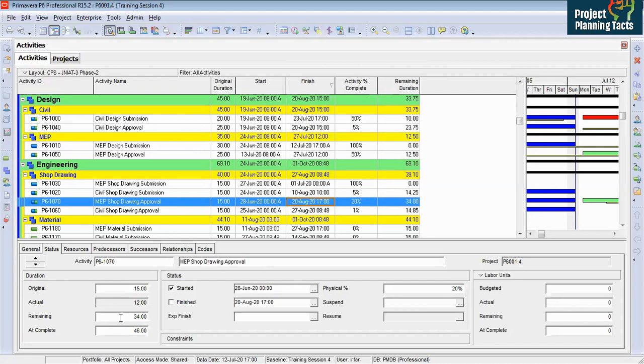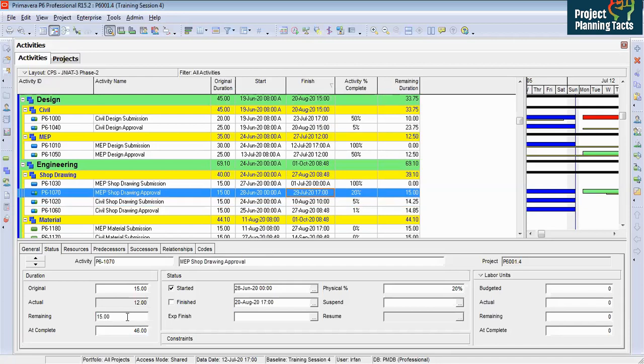We fixed 25 last time, but when we change the date from here, it changes the duration. Let's see another way. Let me put 15 days, press enter, and then this date is changed. So the date and the remaining duration are dependent on each other. How can it be set to physical for all activities? Okay, I will show you how it can be fixed. And it is a very valid question.